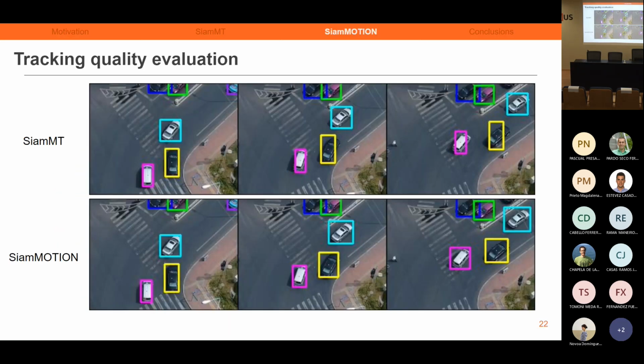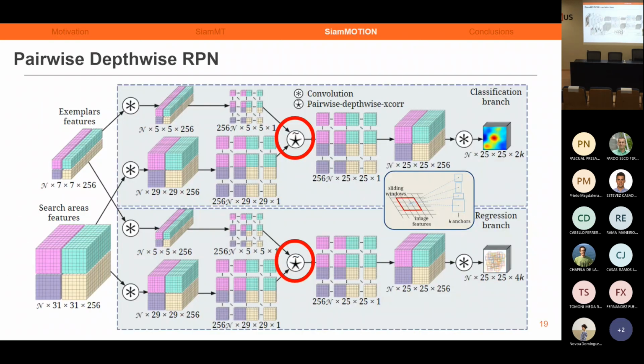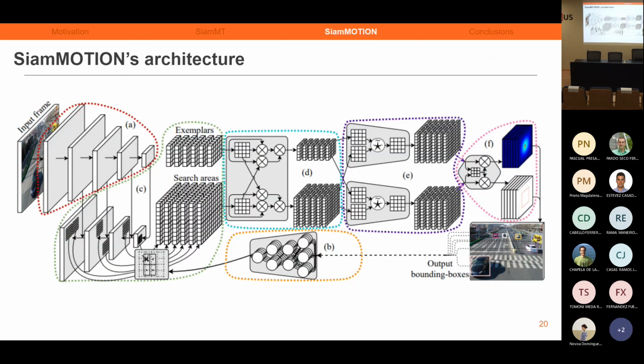The thing is, as we employ, I will use this slide as an example. As we have the initial appearance of the object and we extract its exemplar features, we need no further training because for each frame we compare each search area with said exemplar. So there is no retraining needed for each object. We have the reference, the aspect of the object, its aspect model here in the exemplars.